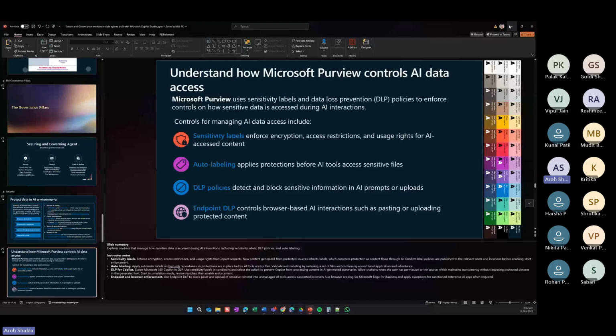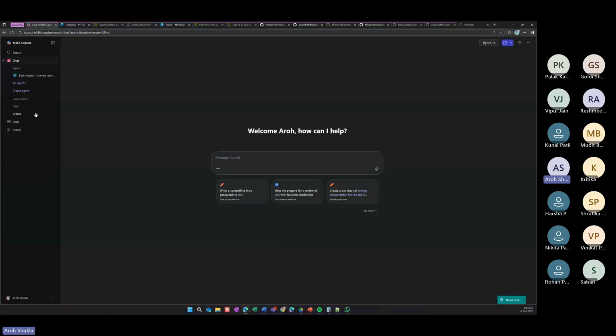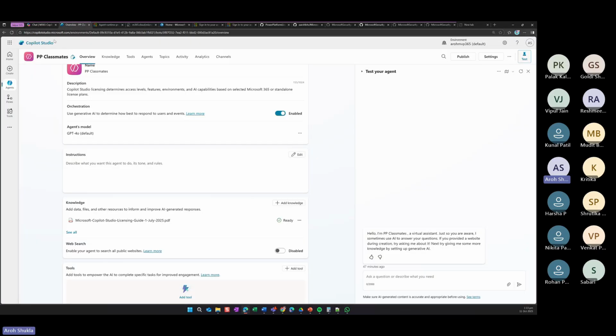So in my demo, the first thing is a very simple demo. It's not very complex. I just want to show how we can secure your app inside, right? So you can see that I don't have a URL for that, right? For Copilot Studio, you have to click on this URL. You have to get the trial version. The trial version works very well for maybe 30 days, and you can extend for 30 more days, which means around 90 days to 1 year, and it still works. After that, you have to go for payment, something like that, right?